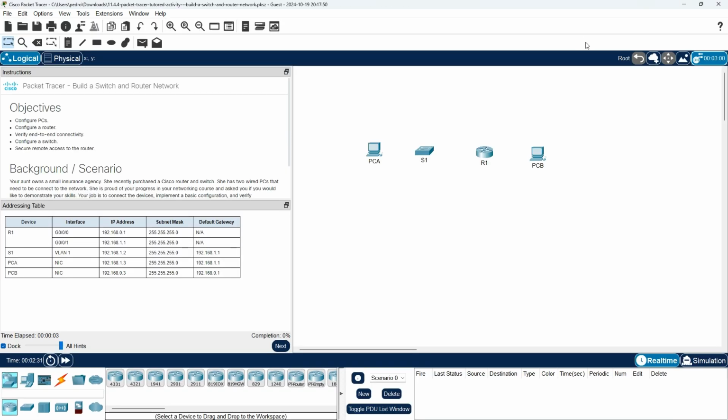Okay. Packet Tracer. Build a switch and router network. Objectives: configure PCs, configure a router, verify end-to-end connectivity, configure a switch, and secure remote access to the router. Background scenario: